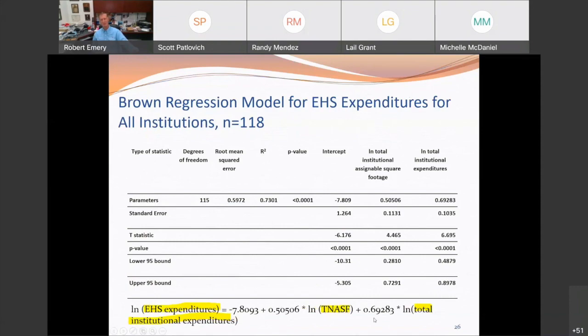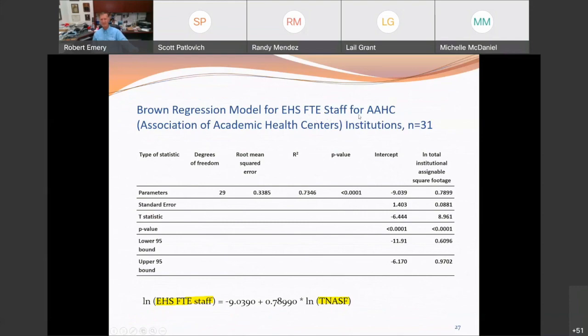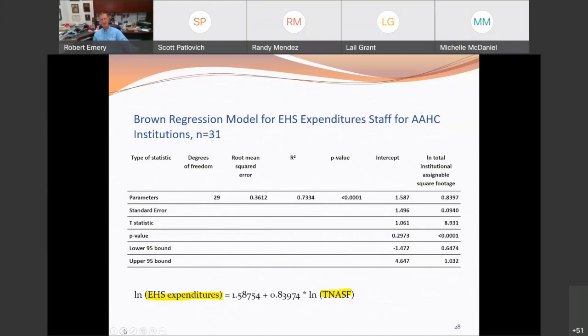All we need is square footage and then total institutional expenditures. And then if we sort out just for the Association of Academic Health Centers, which means you have a med school and some other graduate health school like nursing or school of public health, look, the regression model shows that all we need is total net assignable square footage. That's it. Same thing for staffing and for budget.